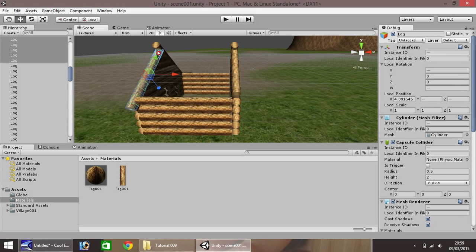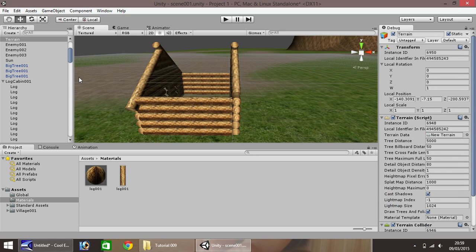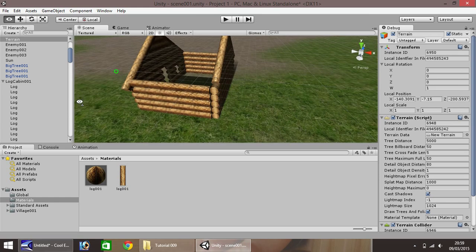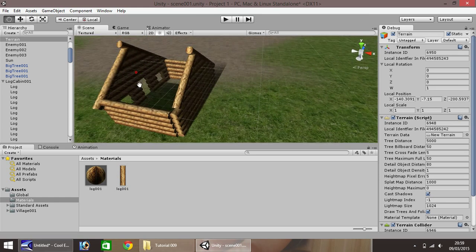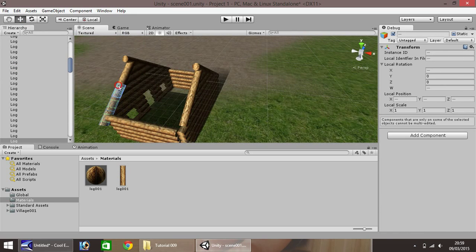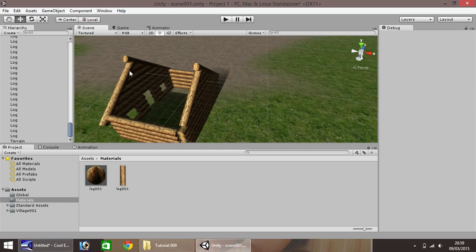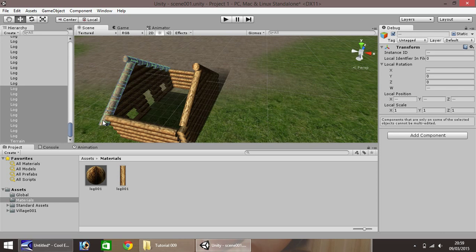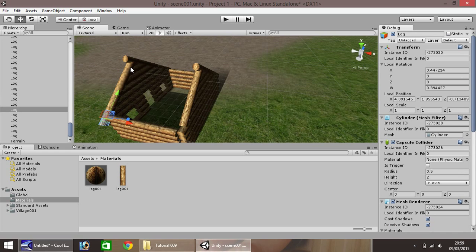Next, if we select all these logs along, I've selected the wrong one there, let's start that again. Just change the angle slightly so we can see a bit better. There we go. So if we select all these logs here, which serve as the roof, oh dear, apologies, I'm having a few problems here. Okay, so as I was saying, if we select all these logs one by one, and on the other side too,